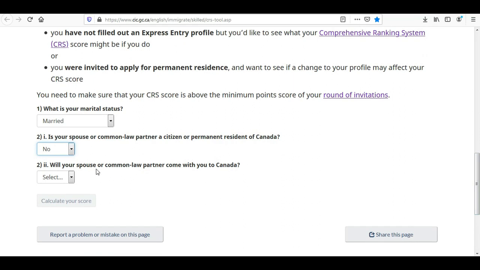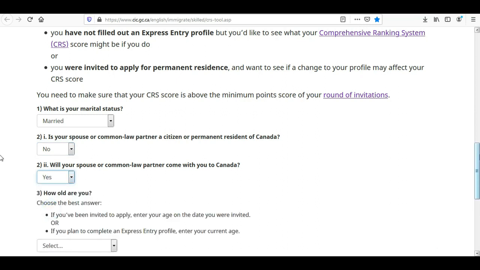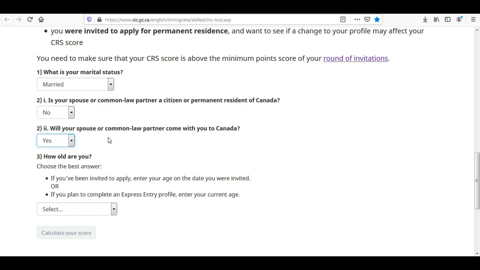Let's select yes. As you see, based on the answers that you provide, new questions will be generated, and at the end we have to click on the option Calculate your CRS score. But right now this button is disabled. Once you provide the answers to all the questions, this button will be enabled.